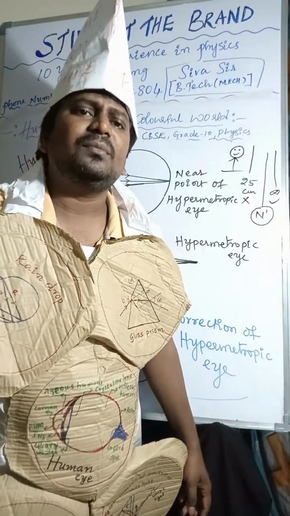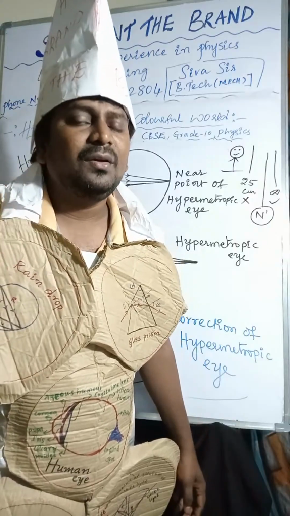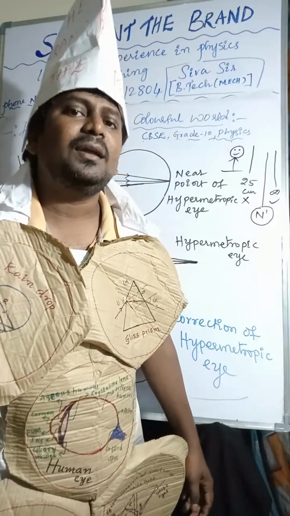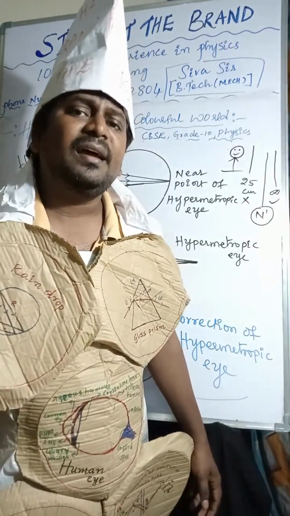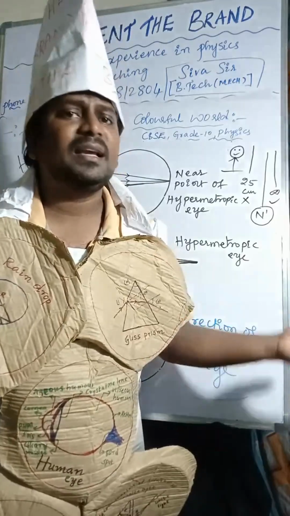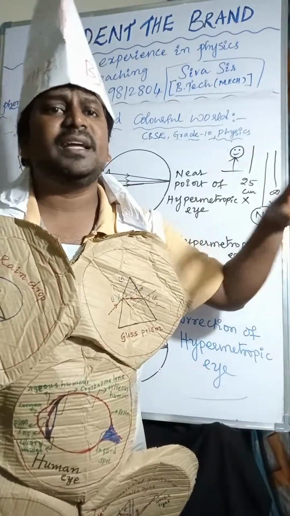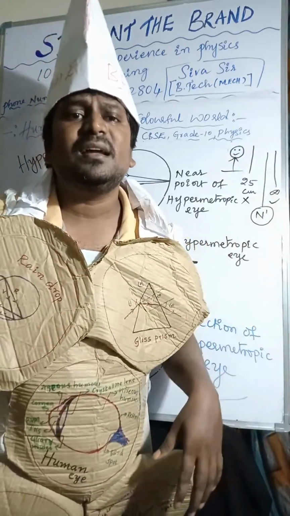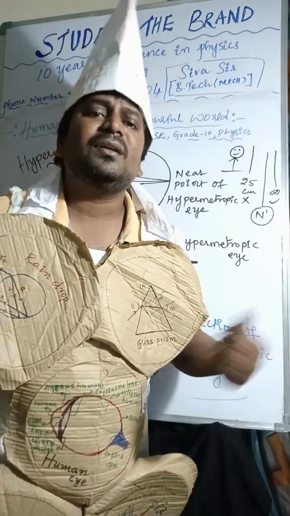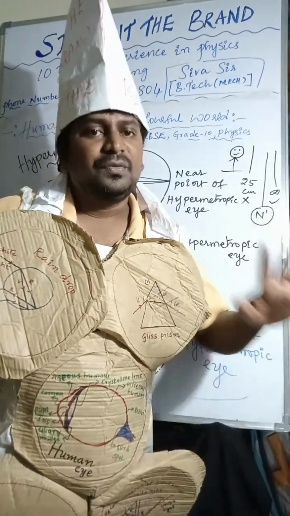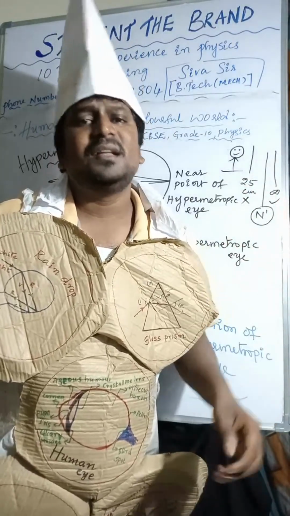Myopia, myopia, myopia. Near distance we can see, far distance we can't see. Myopia, myopia, myopia. For that correction we are using